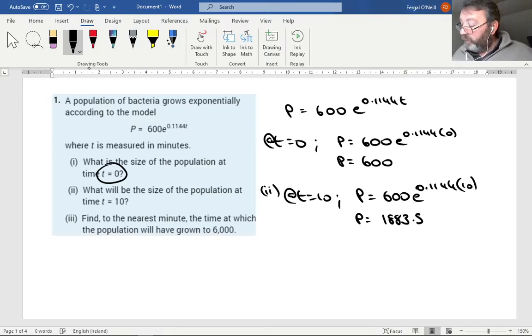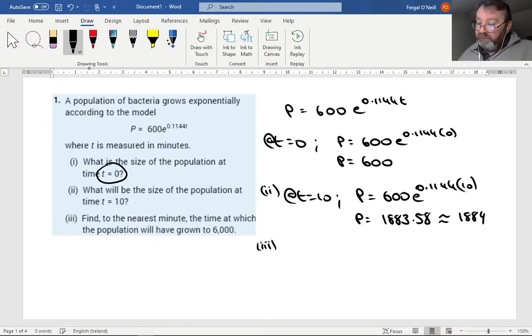1883.58. Now, were we told to round off to anything? No, that's fine. So 1883.58. And again, because it's got to do with the population of bacteria, you can't have a population of 0.58 bacteria. So therefore, we just say, which is roughly equal to 1884. Okay, just round it off to the nearest whole number when you're dealing with things that exist as whole items. And the last one then, number 3,